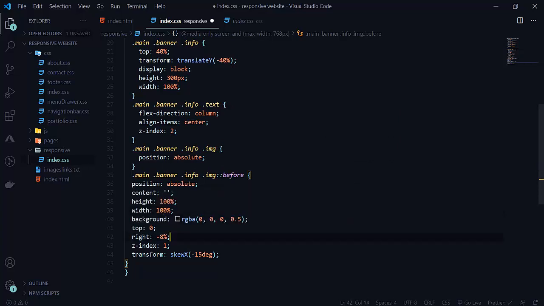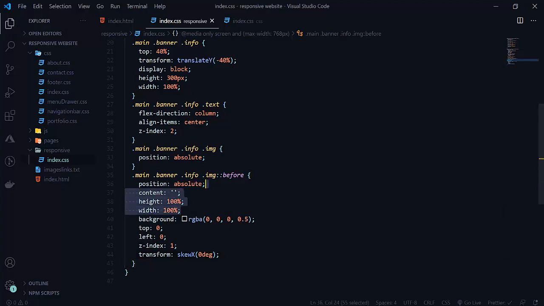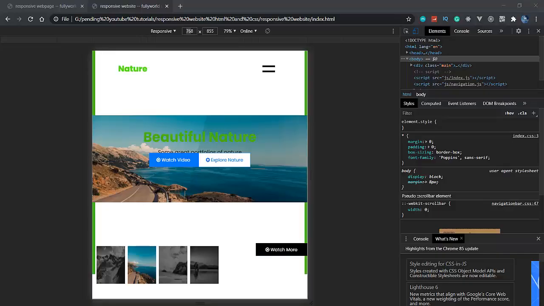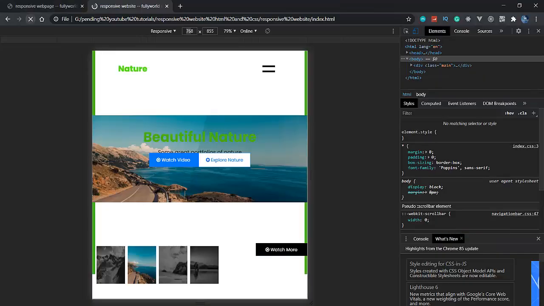So after that we want left to 0 here, not right, and we don't want to skew this, so skew will be 0 degree here. So I am removing all this, because we already set it in the previous thing here, and we already set top 0 also, so that's why we don't need it. And z index we already set previously, so we don't need this here. So that is the benefit. Whenever we reload this,